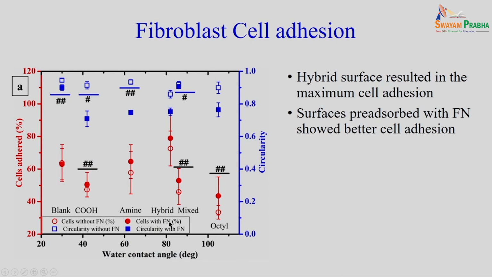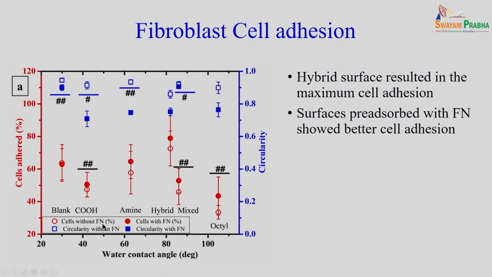It means in one case the surfaces were pre-adsorbed with fibronectin, then cell adhesion was performed. These are the filled ones, and the blank circle and blank square suggest that these studies were performed with the modified surface without pre-adsorbed protein